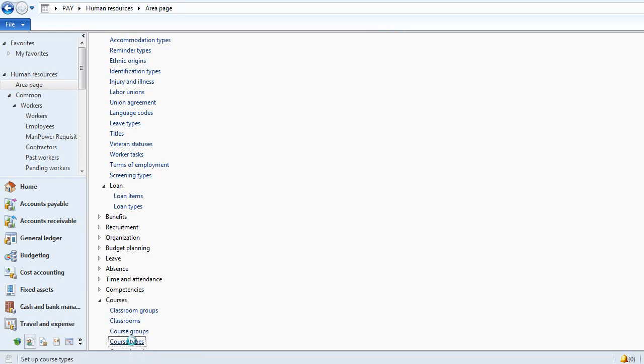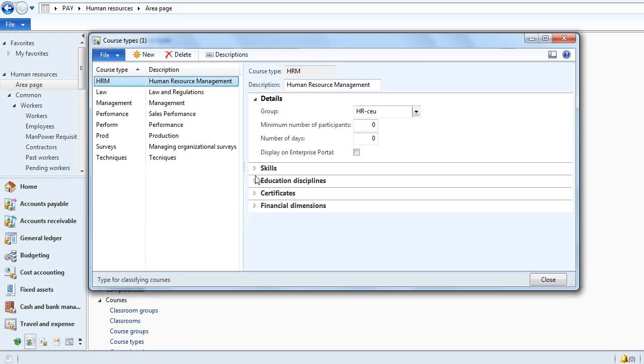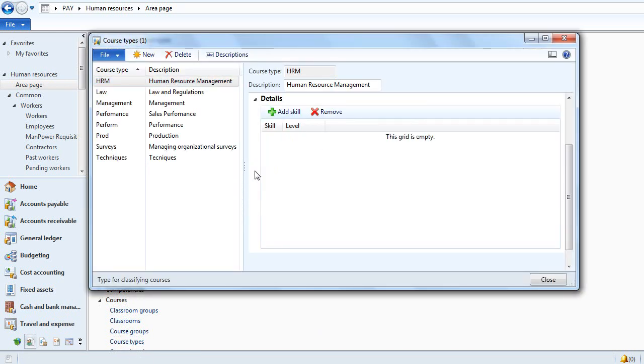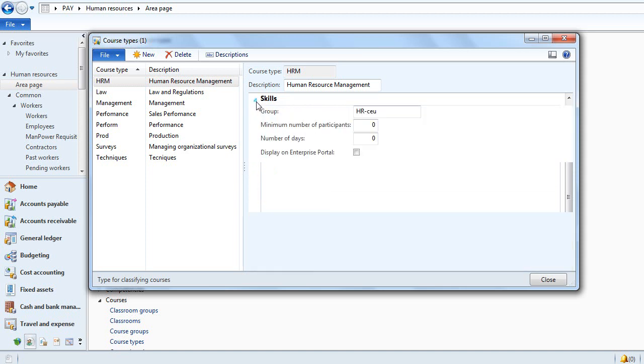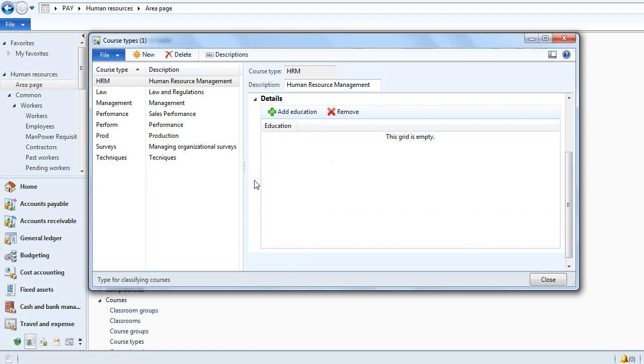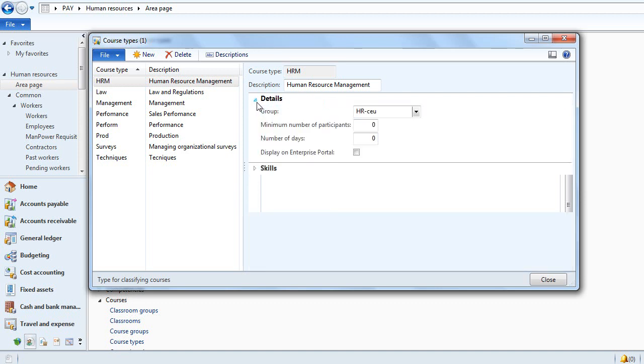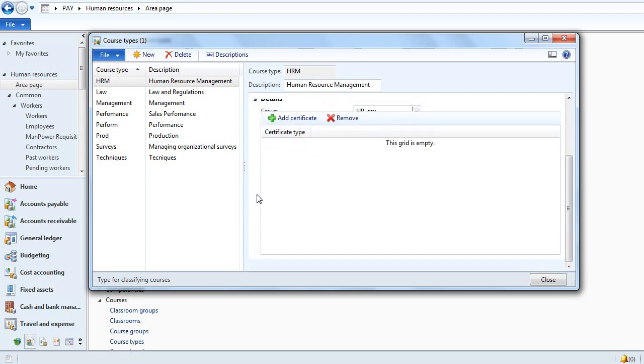Types of courses are defined here. In the skills tab, we define the skills that are required for the training. Education disciplines are defined in this tab. Certificates, which are required for the training, are defined in this tab.